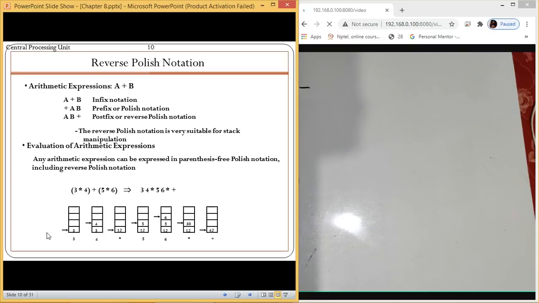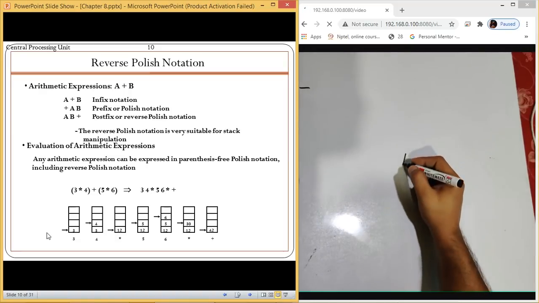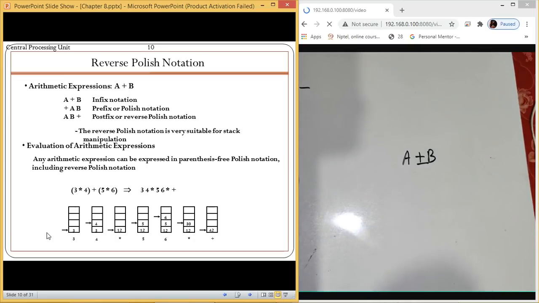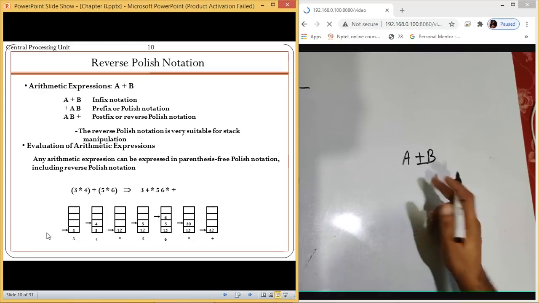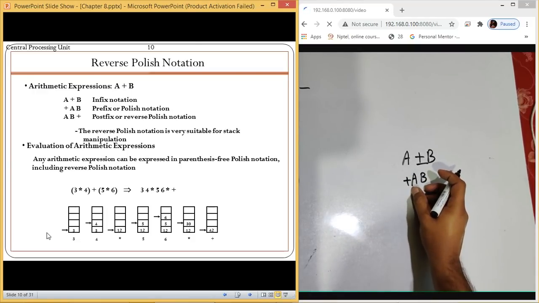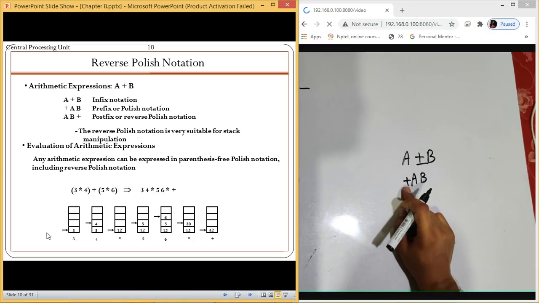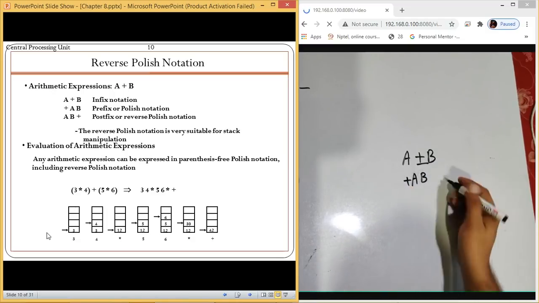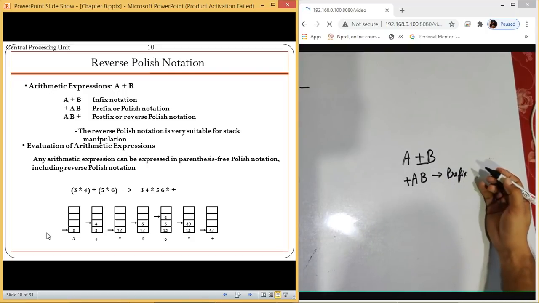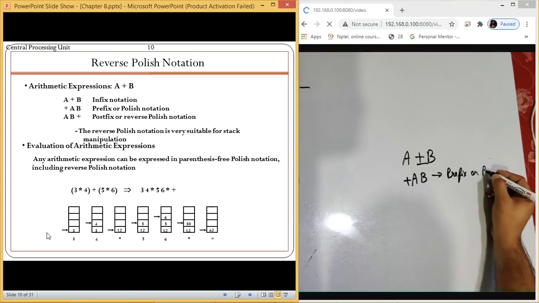After this, we have reverse polish notations, infix, prefix, and postfix. So these are some of the things which you might have done already. So infix is when we have an expression and the operator which we are going to perform is in the middle. That is infix. If we shift the operation before the operands, it is known as prefix, or we call it polish notation.